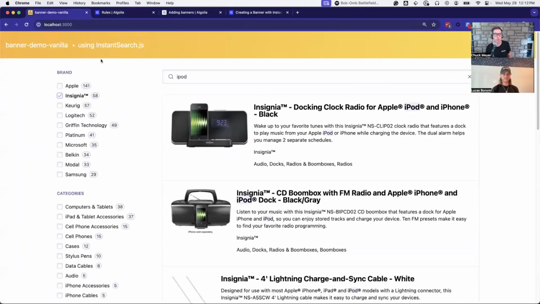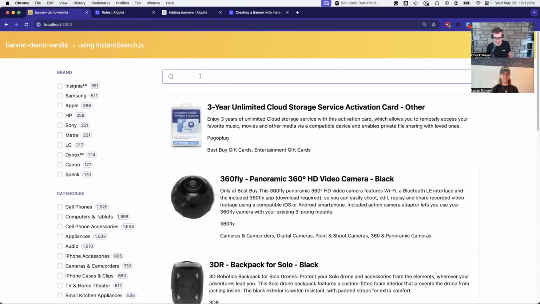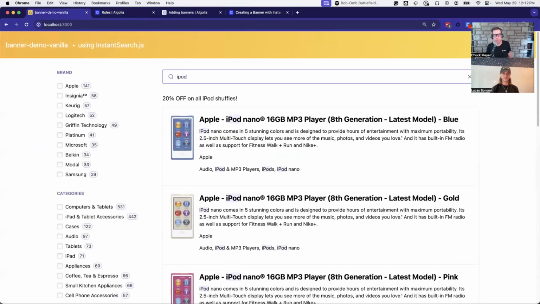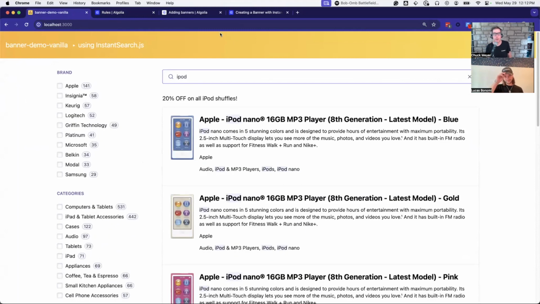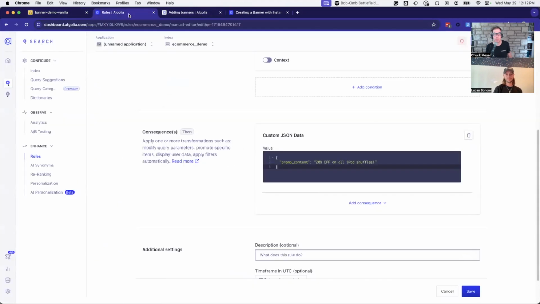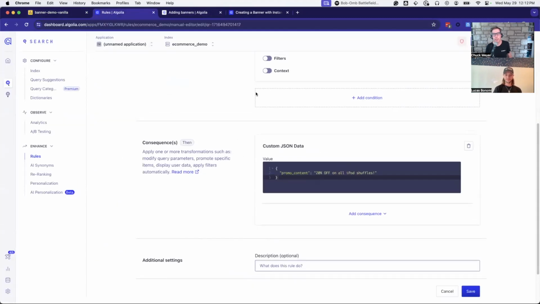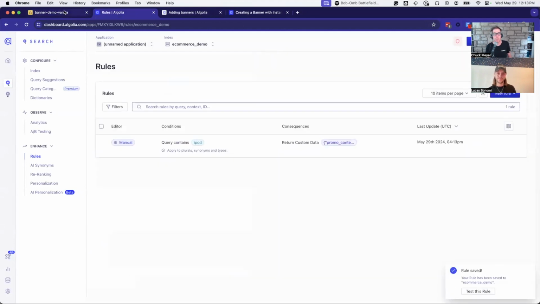Refresh. iPod. There we go. Yay. Now you can see this is the most basic version of a banner. And the cool thing is that now that this is coded, I don't have to worry about this again. If the promo changes, someone can just come in through the dashboard and change this data. It's like, hey, we're taking too much off, let's make it 10, or we've got too many iPods,